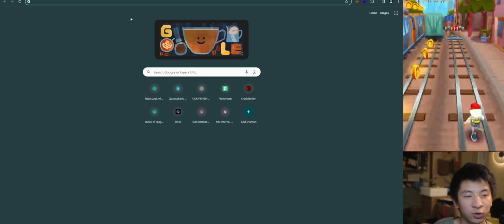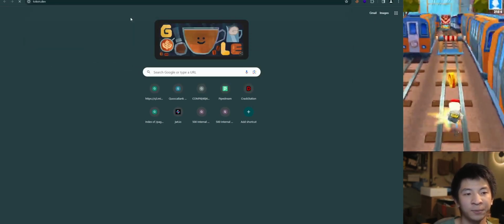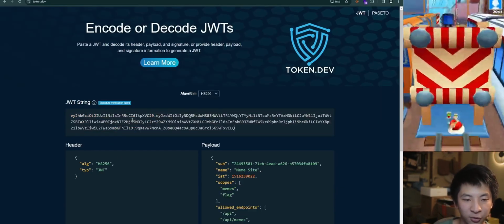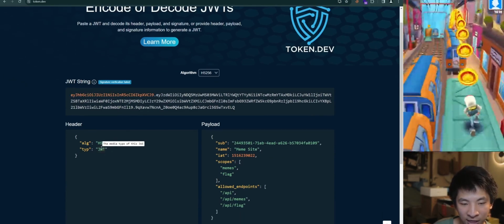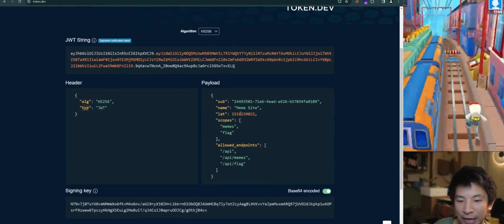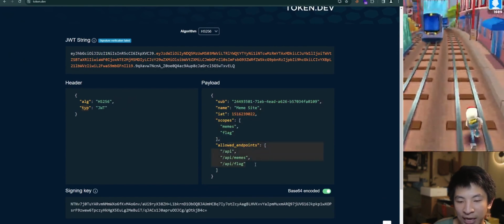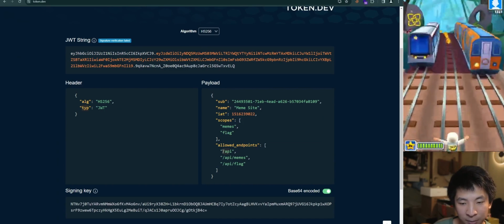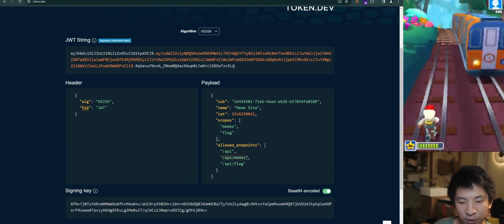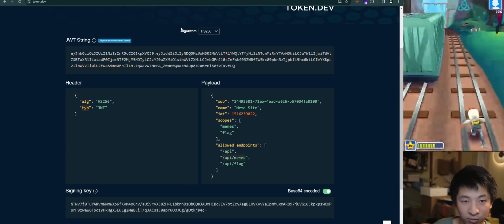Looking into, let's go token.dev this time. This is just a different website. It's in dark mode, so my eyes don't hurt. We paste it. It's a JWT string because it has a JWT type. And then it's got a bunch of scopes and allowed endpoints here. So it tells us that there's probably some endpoint called /API, probably some endpoint called API/memes, which there is, because